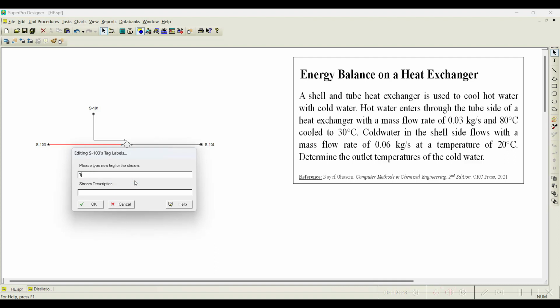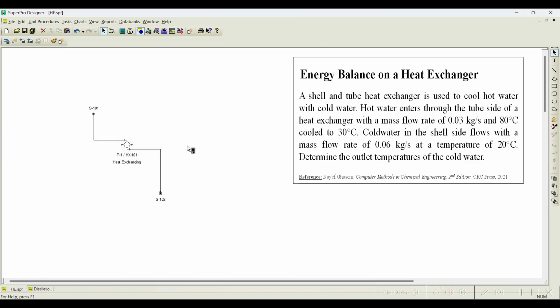This is tube in, or else we can also mention in the tube side it is hot water in, hot water in. Click OK, and this is